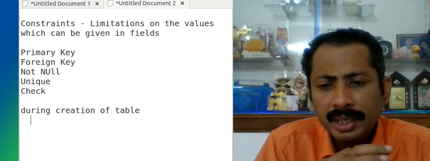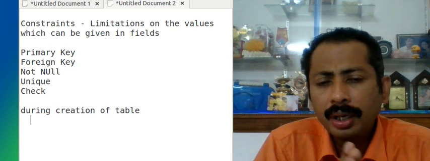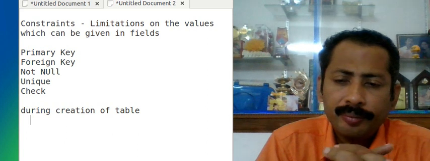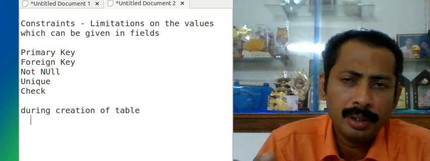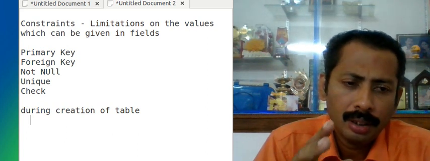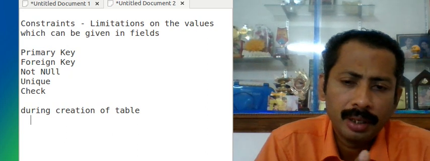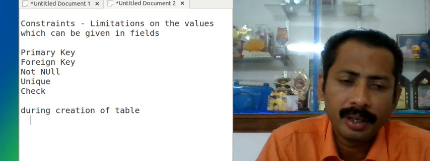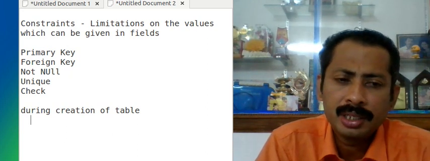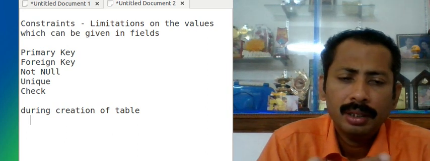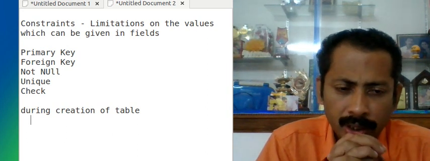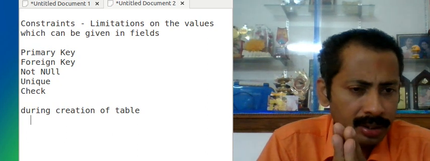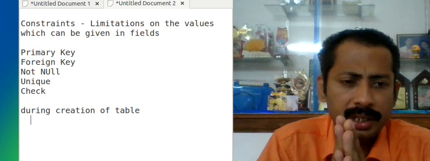So we can give column wise constraints during the create table statement. That is column wise. Create table student inside brackets class number int space primary key. So we are giving the constraint along with that, that is during creation of table, as column wise constraints.